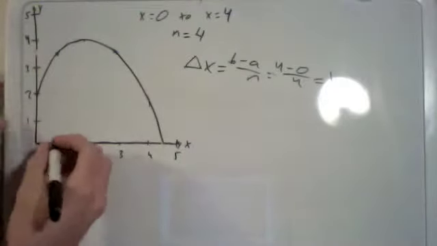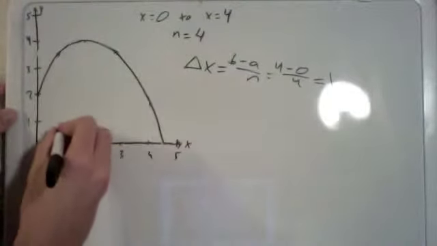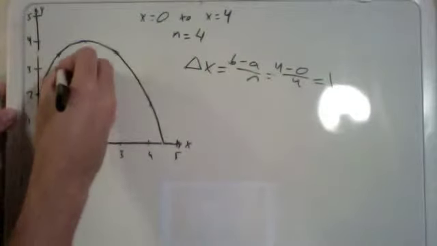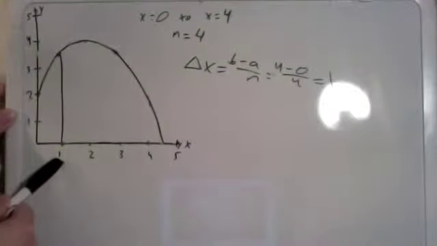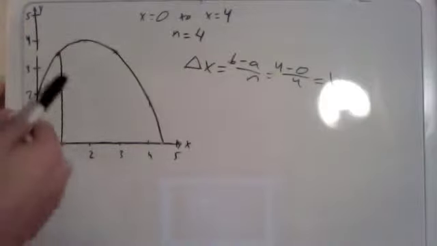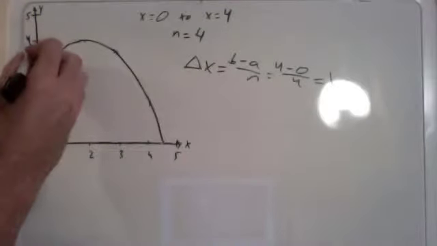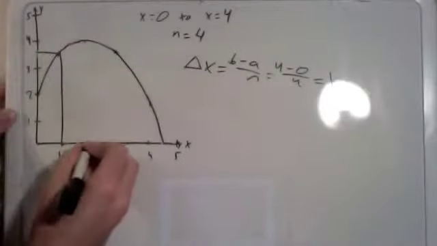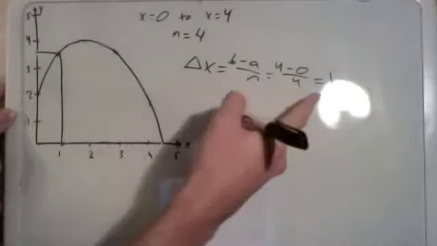So here's our first rectangle. It's right endpoint, so we draw a line from the x-axis to our function, then go across. Then our next